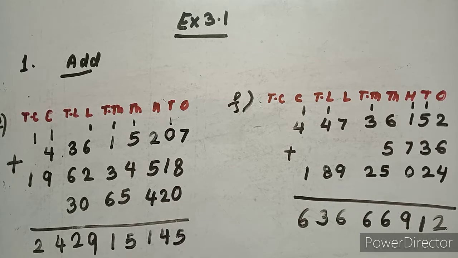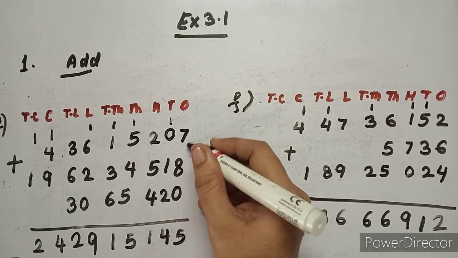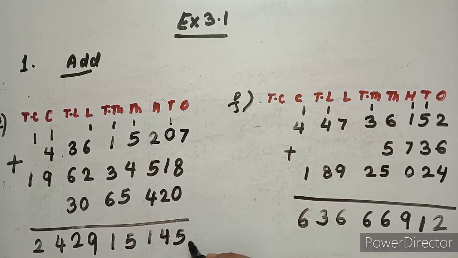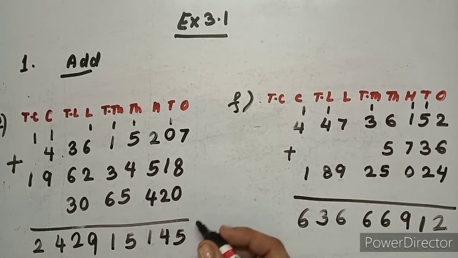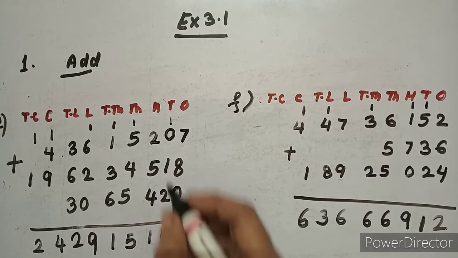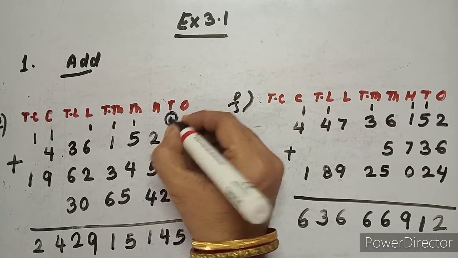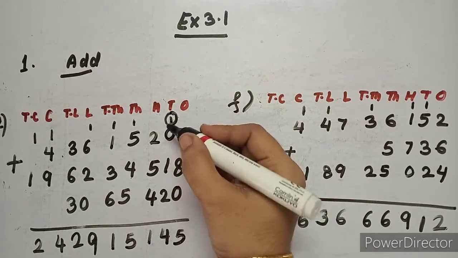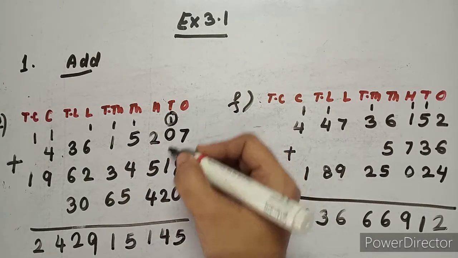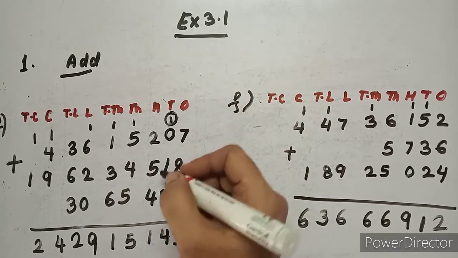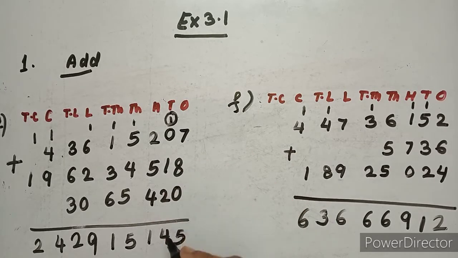So I have written all the digits under the places and I have started adding it. Okay, so see here, 8 plus 7 is 15 plus 0, so 15 plus 0 is again 15, so I have written 5 here and 1 as carryover. Now again add these numbers in the tens place. 1 plus 1 is 2, 2 plus 2 is 4. Okay, so this is your tens place.